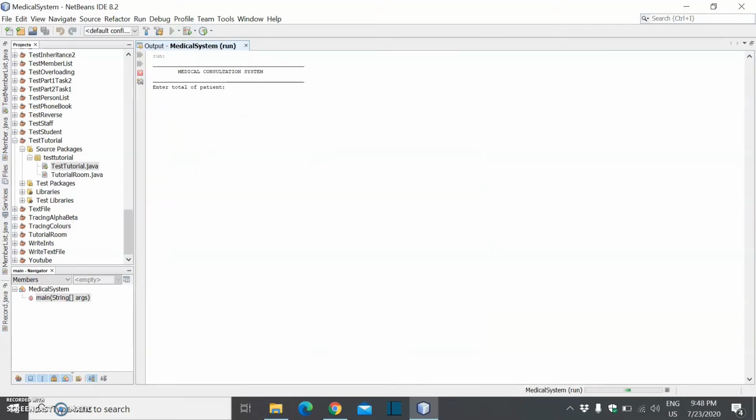First, the system will ask the user to enter the total of patients that we need to add in the system. For example, I choose 4, and then for the menu, I choose 1 to add record. Then enter all the information given.